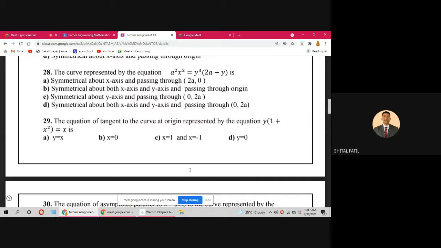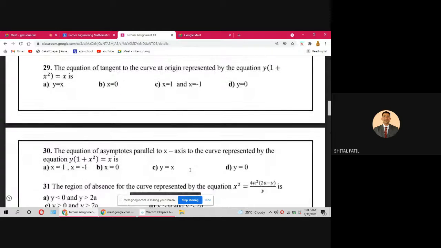Okay. Below that write by Newton's method. If you want to write, write, else you can remember only. By Newton's method, how to find tangent at origin? Equate to 0 the lowest degree term. So which is lowest degree term here? Y and x. So write y equal to x. That's it. If you want to take x to all the terms to one side and find the tangent, that will be same only. You will get y minus x equal to 0. That is y equal to x. Okay. Y equal to x is the tangent at origin. Hope clear to everyone. Let's go next.